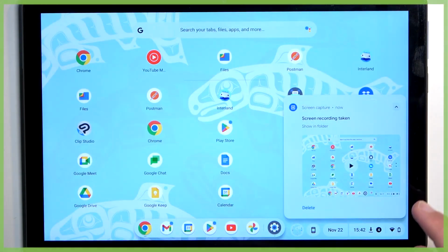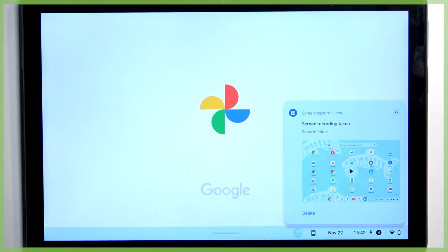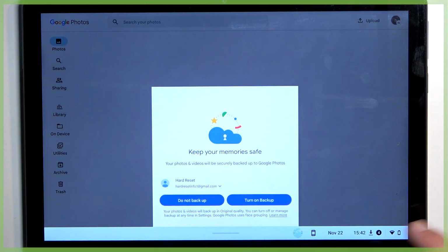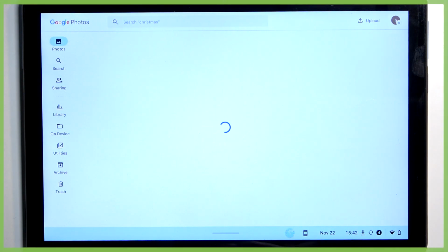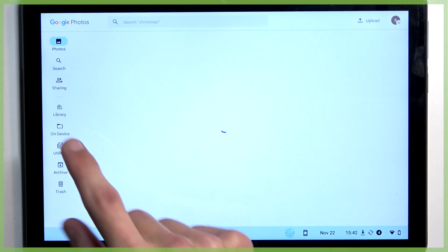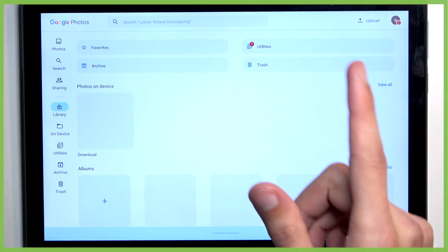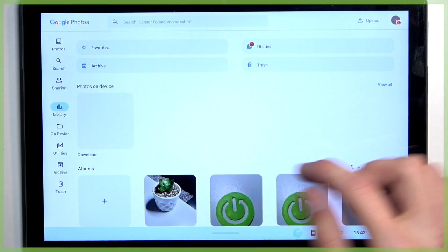Let's close it up and navigate to our Photos application, where we should be able to locate our screen recording. I'm not going to be backing up anything. So here we have categories. We can go to a library, and in here we should have, let's see,